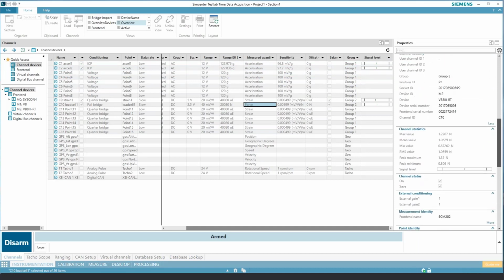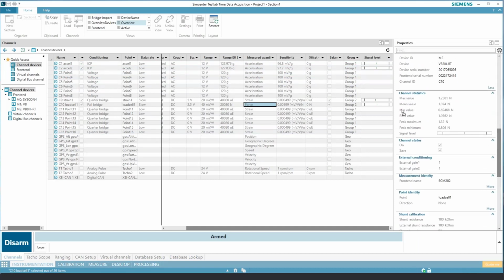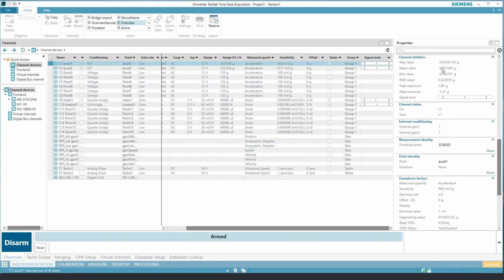Look at the right piece of property information. Here's some channel statistics on one of the channels. If I select my first accelerometer channel, these are the statistics on the accelerometer. And if I tap on my accelerometer, you can see the numbers changing. But more significantly, I wanted to focus on the signal level display to give you some idea of whether we are overloading the channel, and is there a signal there? I can do that here from the channel setup as opposed to going to the measure sheet to do this